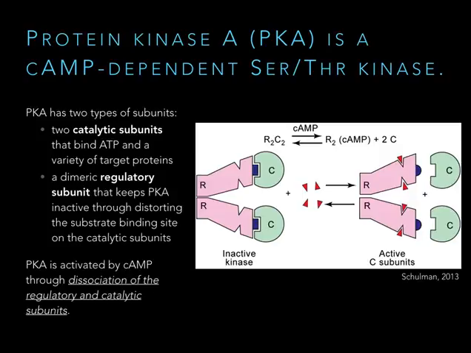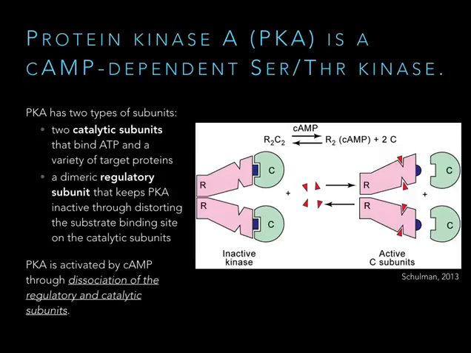There's two catalytic subunits shown as C in this illustration. And then there's one regulatory subunit. It's a dimer, so it's actually two subunits fused together. And the regulatory subunit normally binds to the catalytic subunit and keeps it inactive. This interaction is disrupted when cyclic AMP levels increase. So in this cartoon on the right, they're showing you cyclic AMP, those little red triangles. There are binding sites on the regulatory domain for cyclic AMP. And when cyclic AMP binds, that causes the regulatory domain to change its shape and disallows the interaction with the